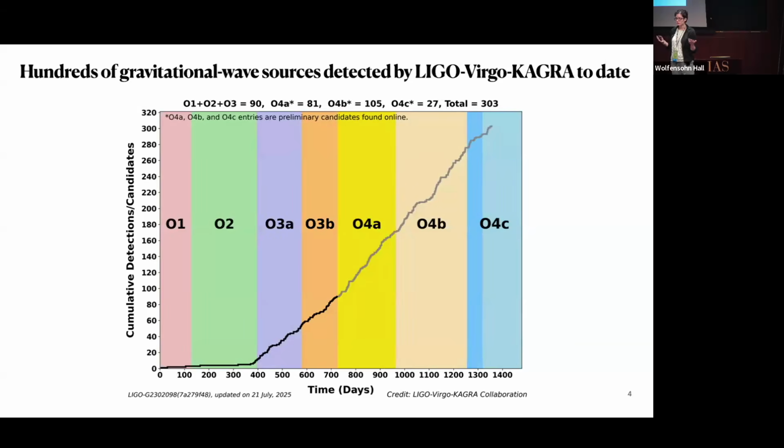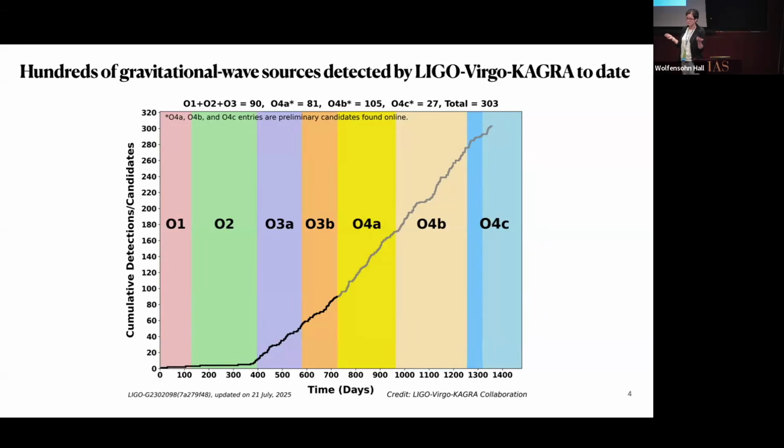So we do a population analysis because we have a lot of events that we're trying to understand as a population. And so this plot just gives you a sense of how many events we've detected in gravitational waves to date. This only shows events reported by LIGO, Virgo, Kagra, and this is observing time and the cumulative number of detections. So the takeaway is that as of yesterday or 2 days ago, I don't know what date it is, I pulled this on July 21st, we had 303 likely gravitational wave events.